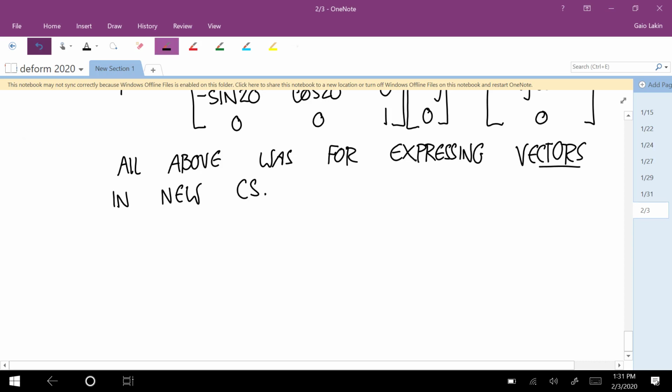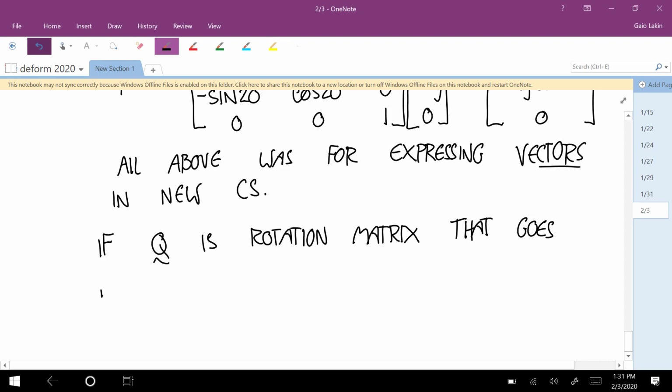So if Q is a rotation matrix that goes from an old coordinate system to a new coordinate system,